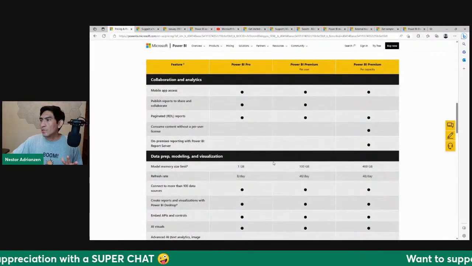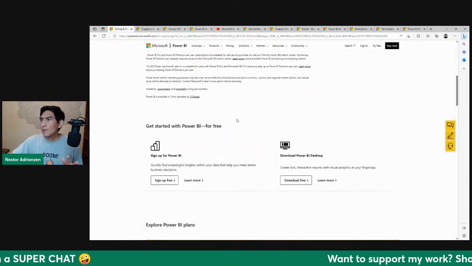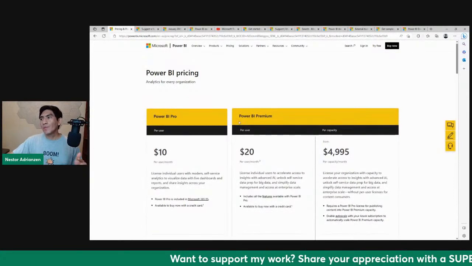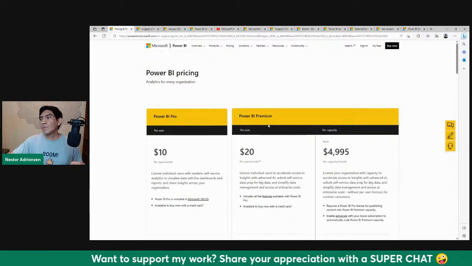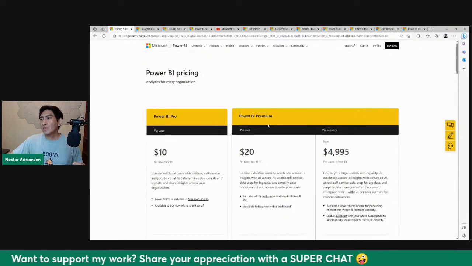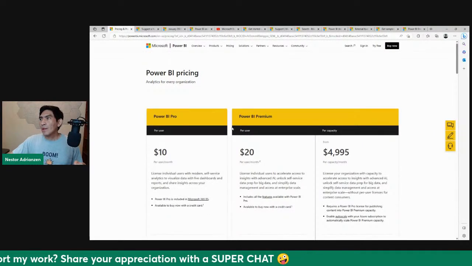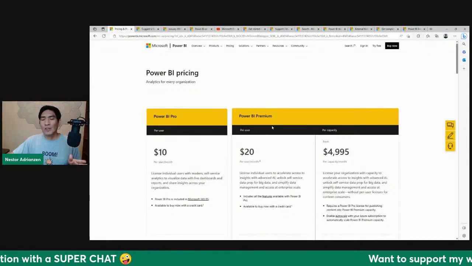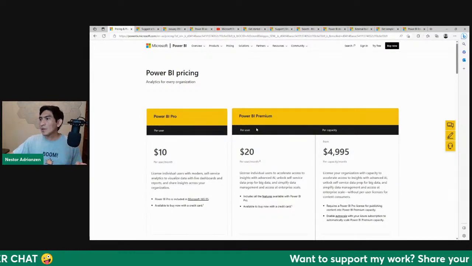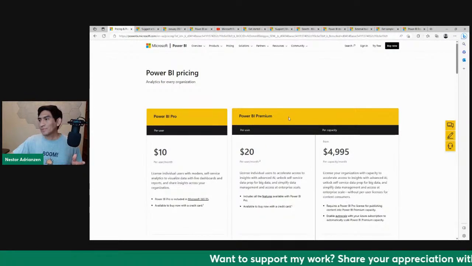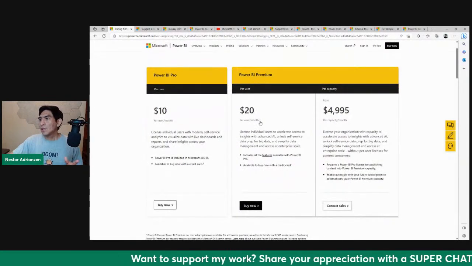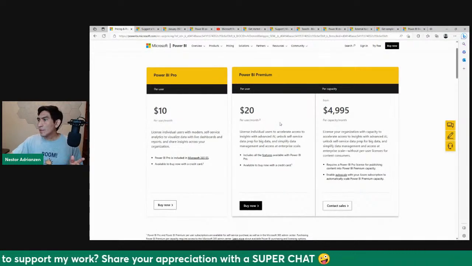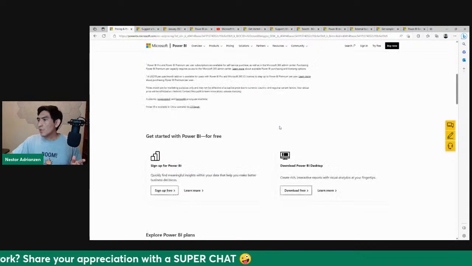It's not too expensive. And then you have these functionalities here. We're going to go over these features in a minute. But then the next option, if you are a small business and you have multiple Power BI report creators, you can use this option called Power BI Premium. It's actually $20 per month per individual, and then you also have the features here.